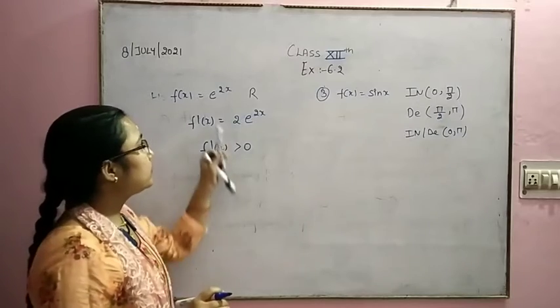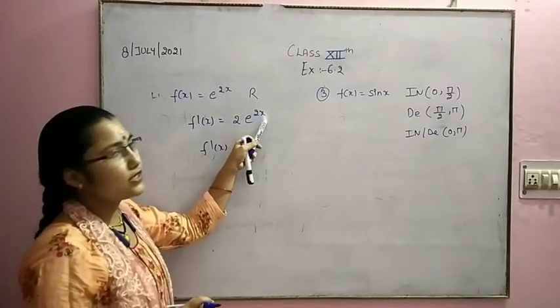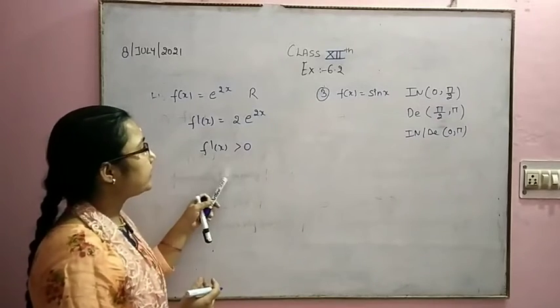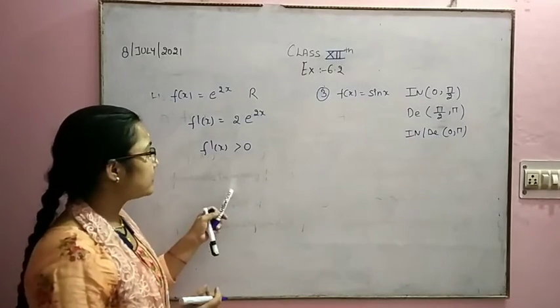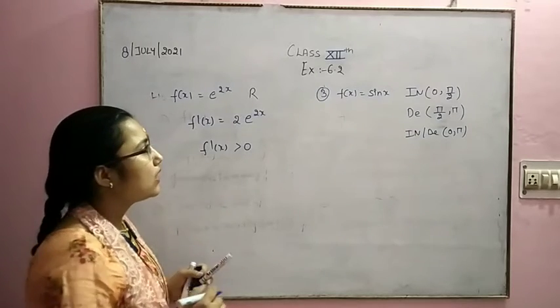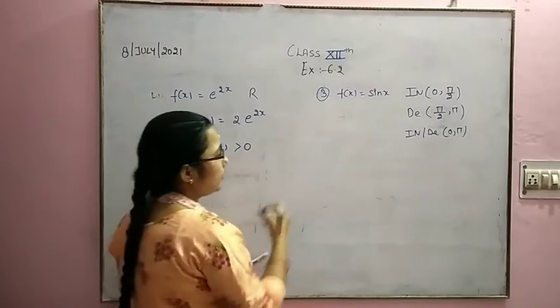You just have to put the values of x one by one, and whatever you get, these are in positive manner, that means we get a positive value for f dash x. That means the function is an increasing function. Correct? Now for the third,